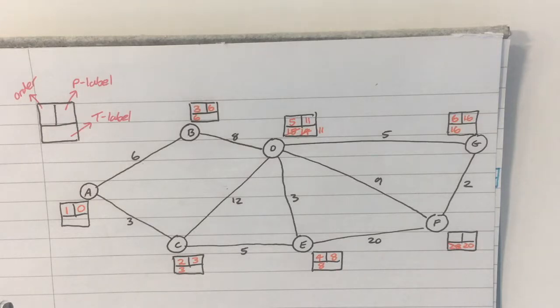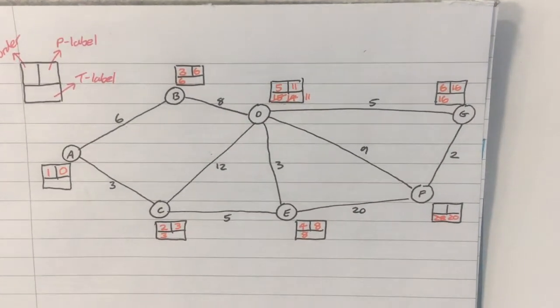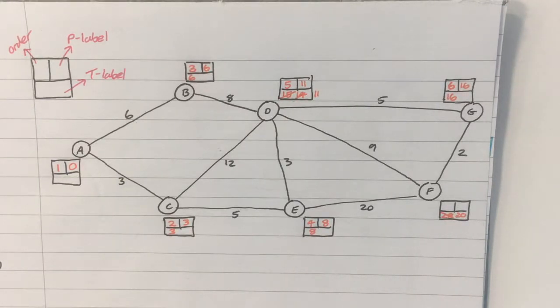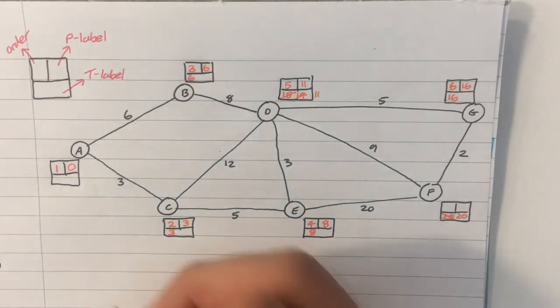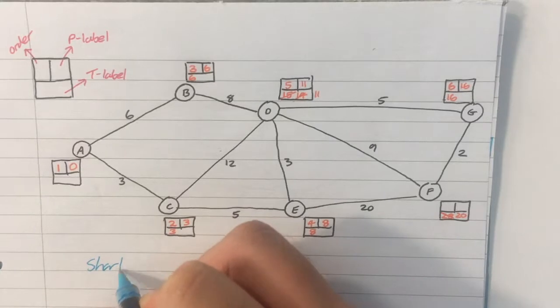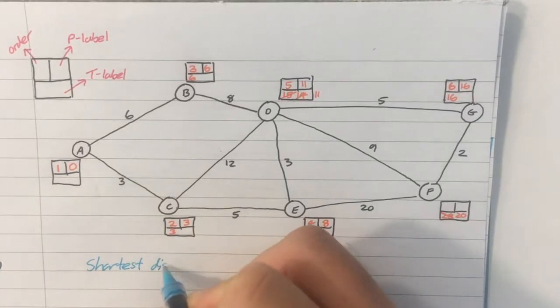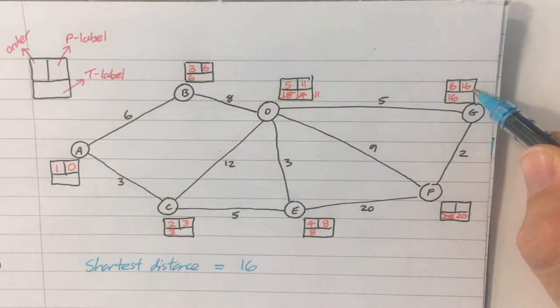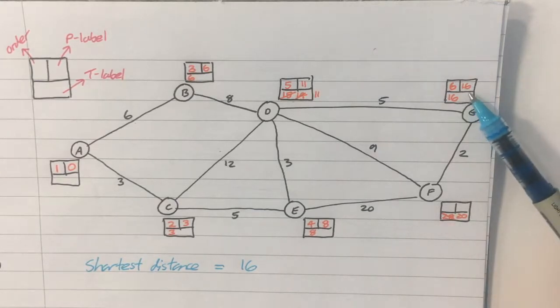That's the algorithm complete. All I need to do now is perhaps underneath the network, state the resulting distance, and maybe find the route, depending on what the question is asking you to do. So in this case, the shortest distance is equal to 16, because that is the permanent label of G. The route,